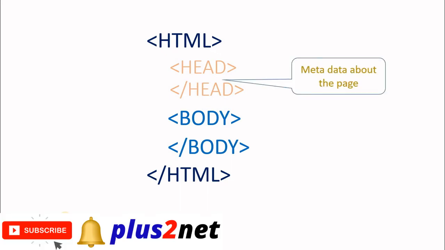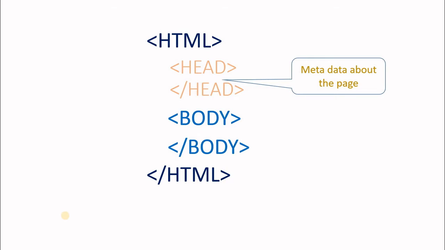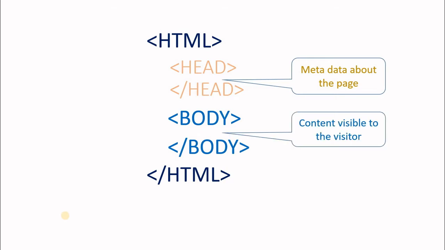We understand that within the head tags we keep the metadata, or the information about the HTML page we create, but these parts are not visible to the users. Similarly, whatever we put inside the body tag goes to the visitors, and through the browser we interpret it and this content is displayed to us.